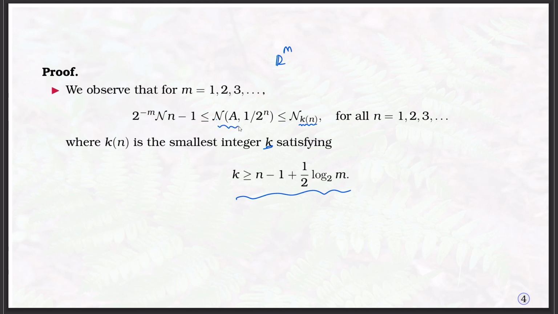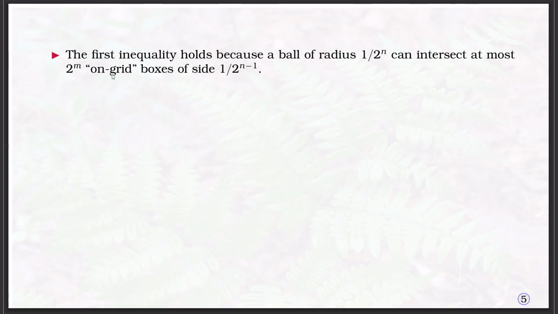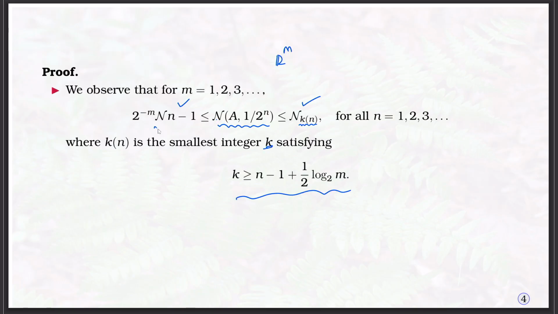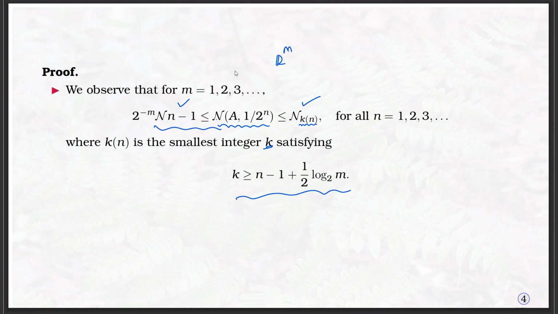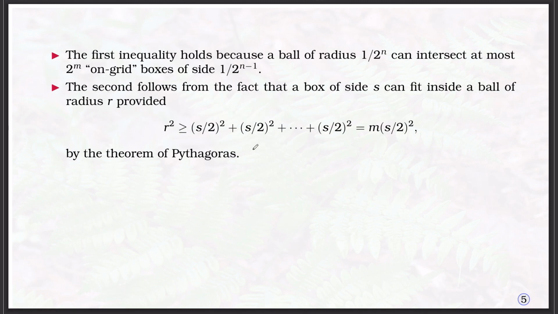Now, we are squeezing this element by these two quantities. The first inequality holds because a ball of radius 1 by 2 power n can intersect at most 2 power m grid boxes of side 1 by 2 power n minus 1. The second follows from the fact that the boxes of side S can be fit inside a